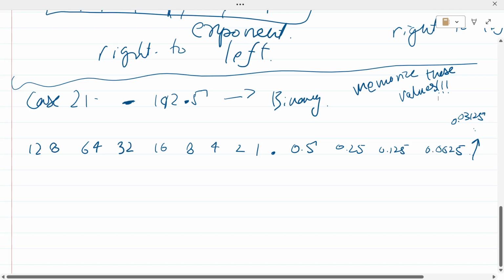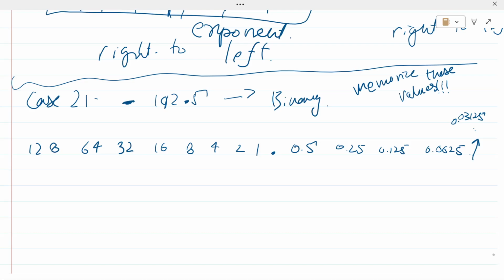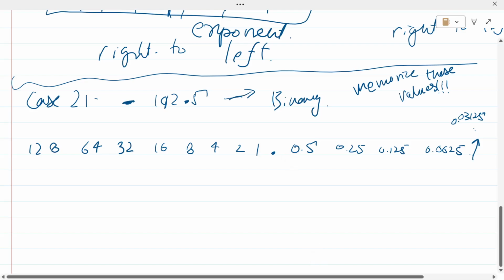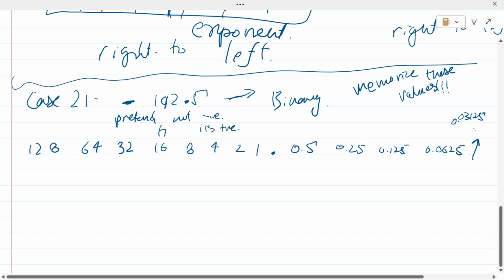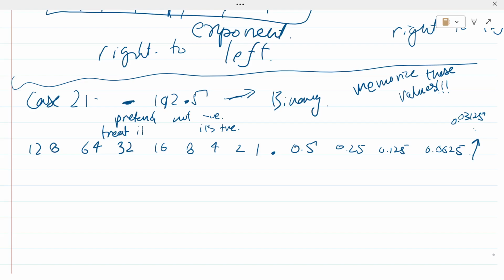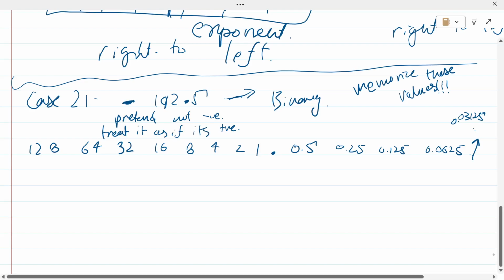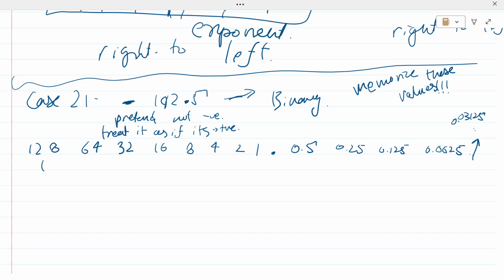Now, how do you solve this? So the moment you have been given a negative decimal number and you're being asked to convert it into binary, how do you do it? First of all, you're going to pretend that it's not negative. It's positive, right? Treat it as if it's positive. So how would you find 192,